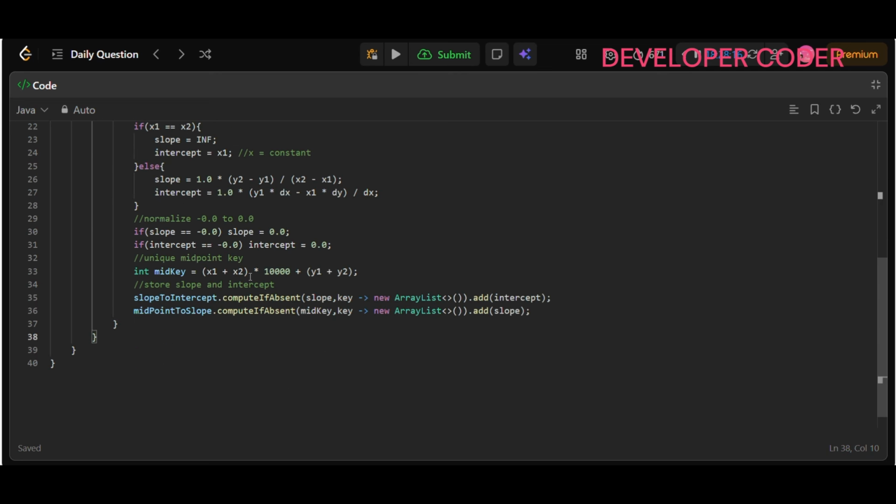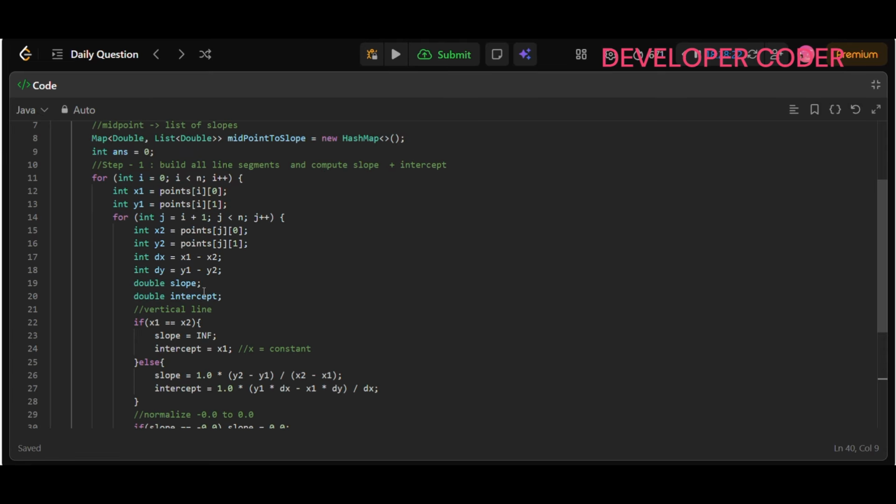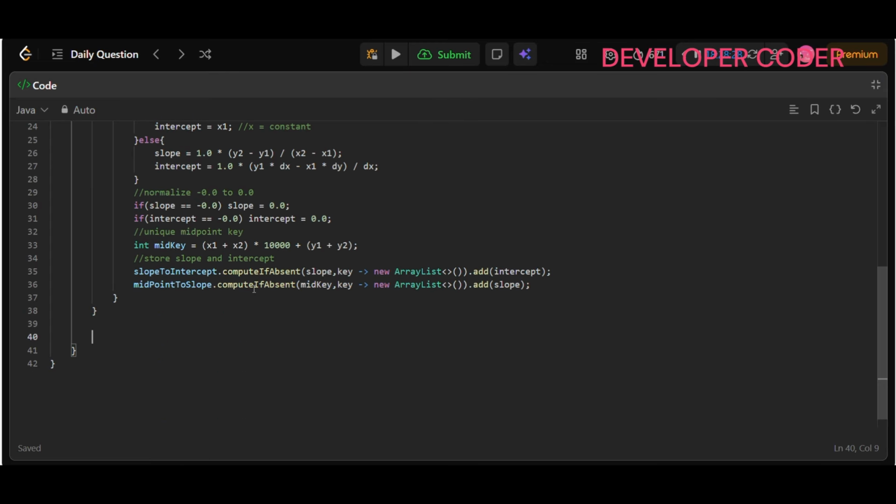Okay, this is done here, right? Now our next step, what is going to be my next step? My next step is going to be count all pairs of parallel segments, right? So let's do that, right? Count all pairs of parallel